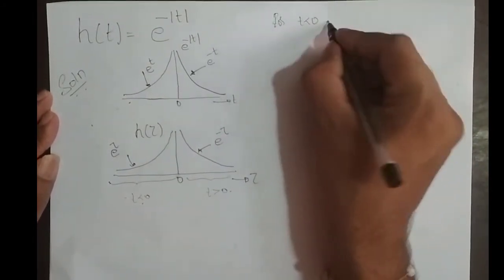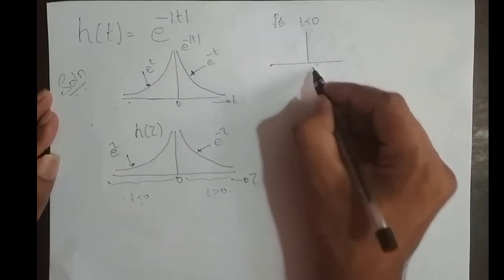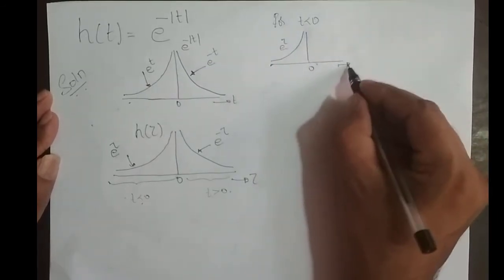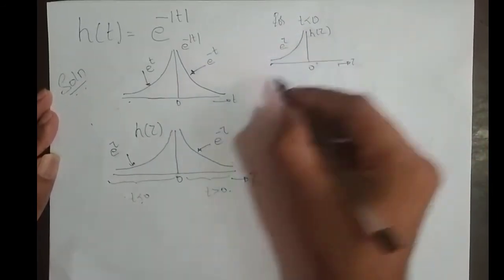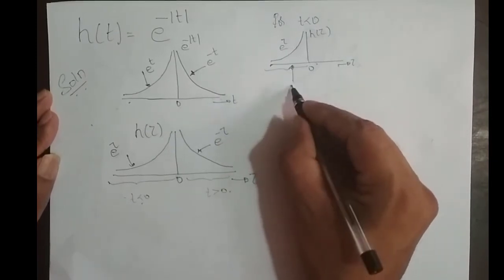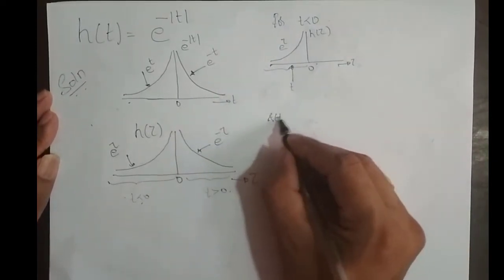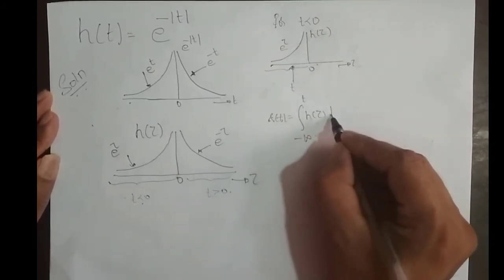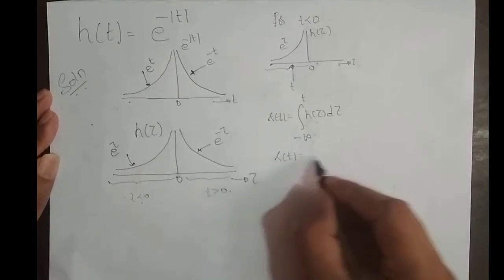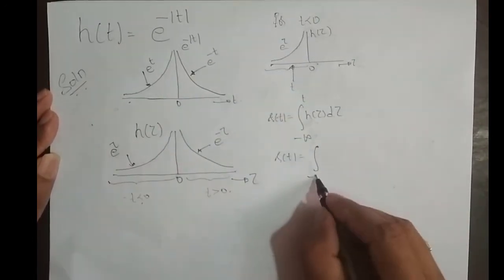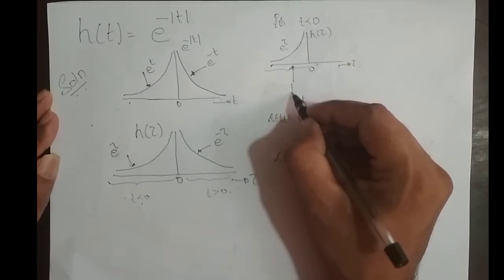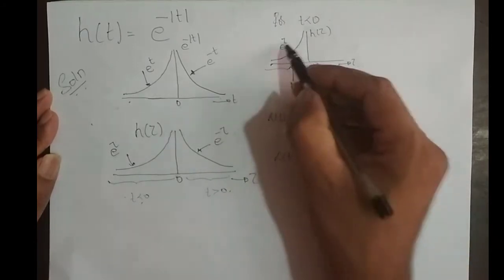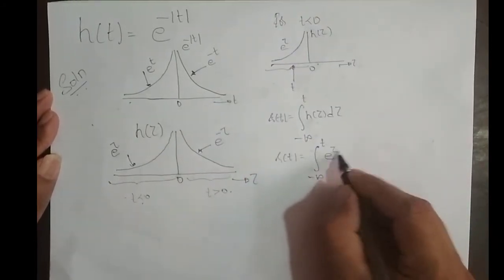Fine. Okay, so for t less than 0, what do we have? This is t. For t less than 0 it is an exponentially increasing signal. This is tau, this is h of tau. So this is the slider we have. Fine. So what is s of t? s of t is nothing but integrating h of tau d tau from minus infinity to t. The signal starts from minus infinity and ends at where? Depending upon where I keep this t value, so t. And what is h of tau? It is nothing but the exponentially increasing signal e power tau d tau.